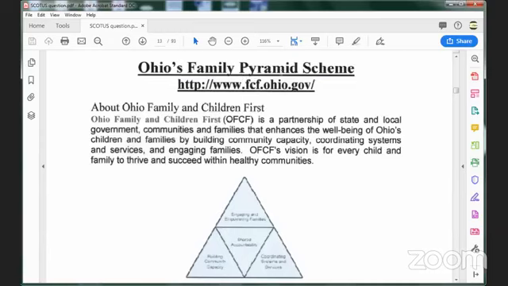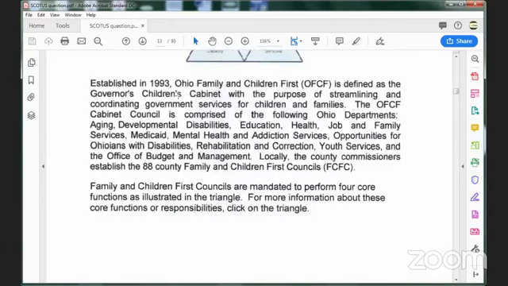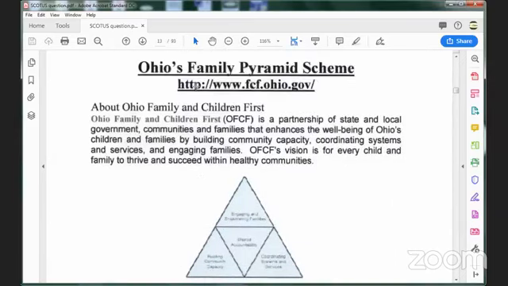Ohio Family Pyramid Scheme. Here's the pyramid scheme. There's the web address. Don't take my word for it. Congress, go verify that, right? There's the address. Go do that. Here's what it's going to say, or what it said when I found it. Chances are, knowing how these actors work, it's probably been rewritten. I think it's a safe bet to say, because it's now in front of Congress, I would lay money if you went to this web address, I haven't done it, I'd be willing to bet that they've changed it